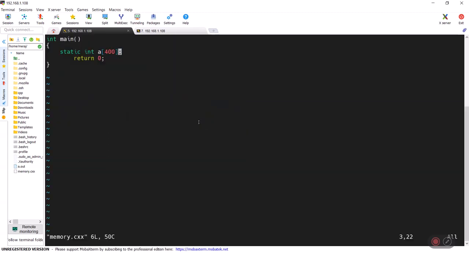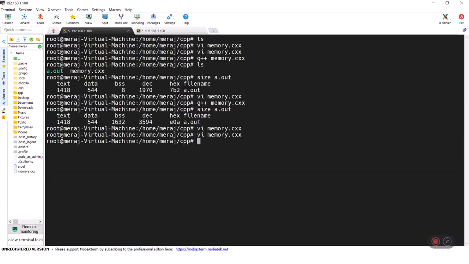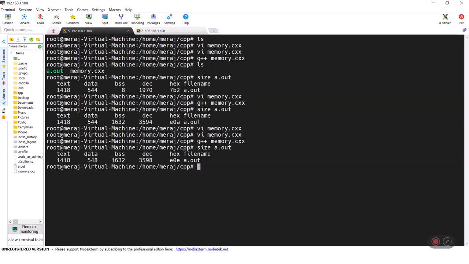Now let's add one more static variable, B, and initialize its value to 10. Let's compile it again and check the output. See, now our data segment increased to 548 because we have added one more static variable, but this time since we initialized it, it went into this section.